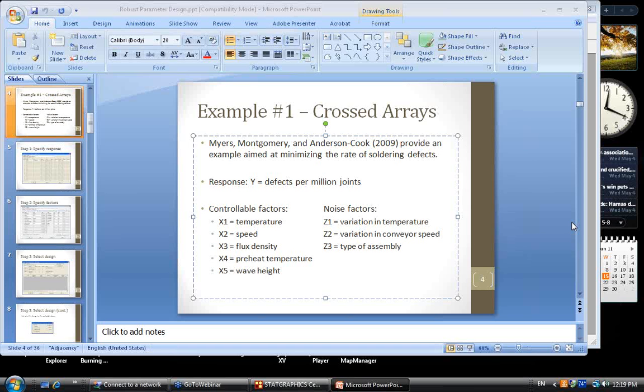You would think that both approaches could be used to get you to a good set of conditions. I'm sure they're not going to give you exactly the same set of conditions. But one would hope that most of the time either approach would take you to a good set of robust operating conditions. The thing that Montgomery likes, if you read his book about the combined approach, is that you get